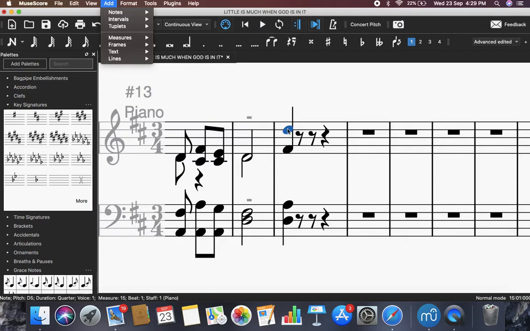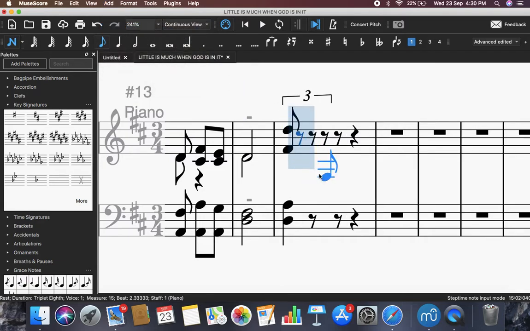Okay, make sure you select the note and then click the tuplets, and there are triplets here, so just click triplets. Okay, so it's now having this symbol on the top. Okay, so you can now place the triplet notes that you need. So it's like that, and the same as